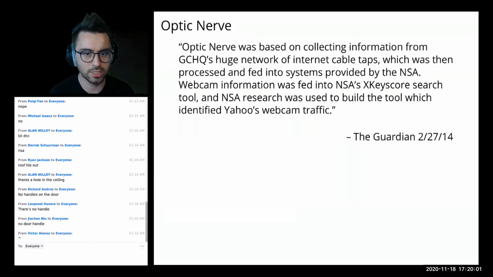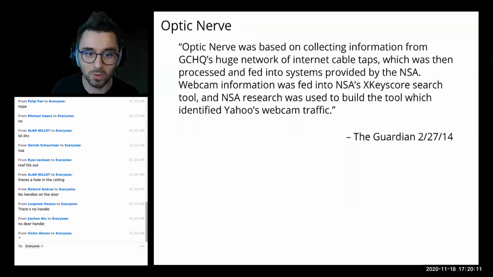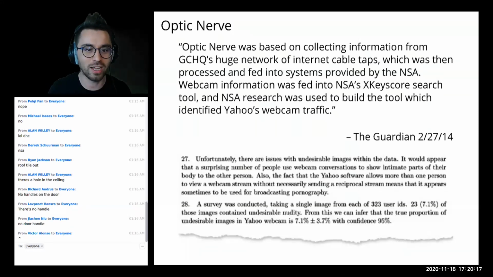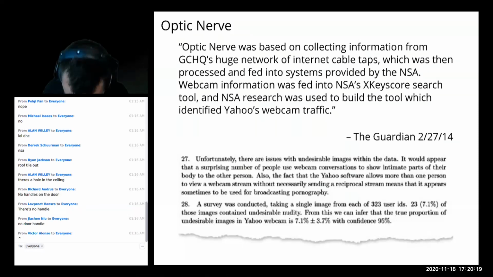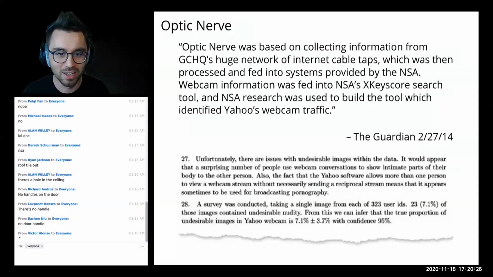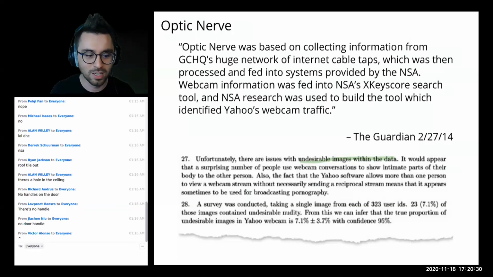Xkeyscore is super sweet software where you can search for videos, photos, emails, all kinds of interesting things. At the time, in 2014, when these things were leaked and discussed, they were talking about Yahoo webcam traffic. What's particularly interesting about the Yahoo webcam traffic is that they didn't actually find it to be super useful. Or at least the agents looking at this data found the images a little bit undesirable.